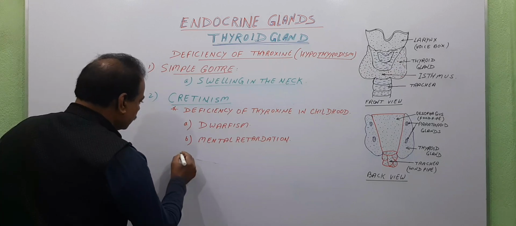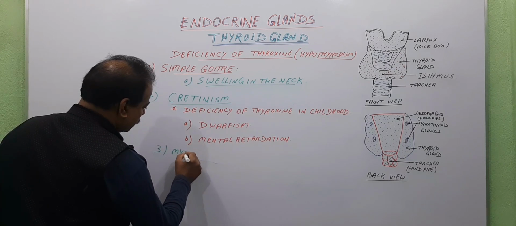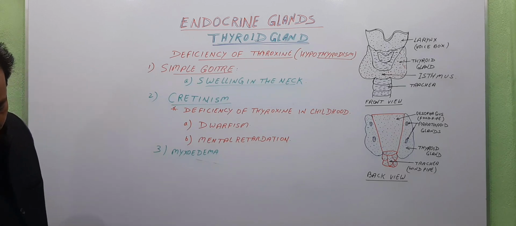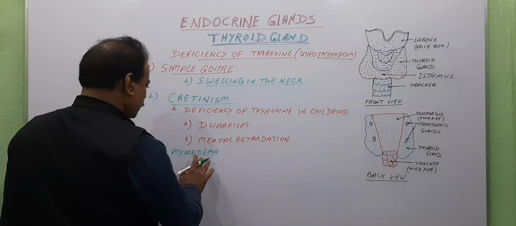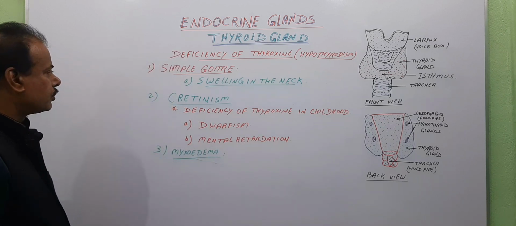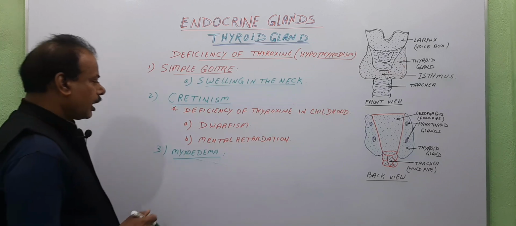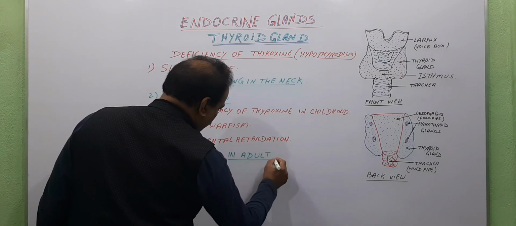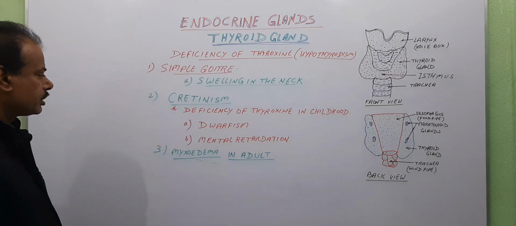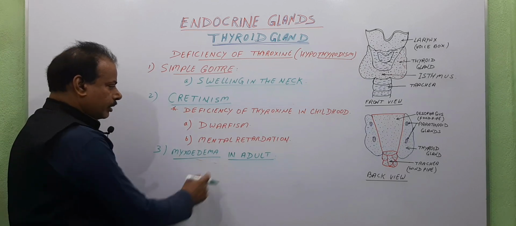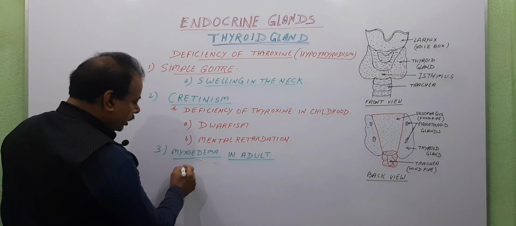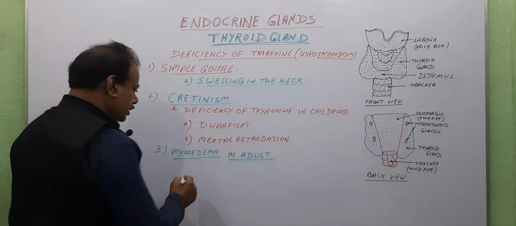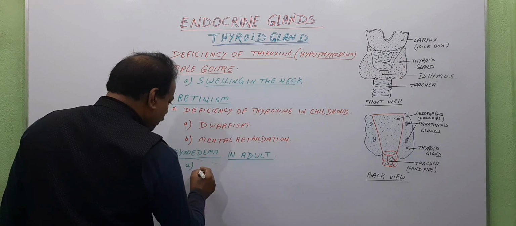Number 3, myxoedema. Myxoedema is a disease which is caused due to deficiency of thyroxine in an adult. So it is a disorder caused due to deficiency of thyroxine hormone in an adult. It is caused if deficiency of thyroxine takes place in an adult, and the symptoms are number 1,